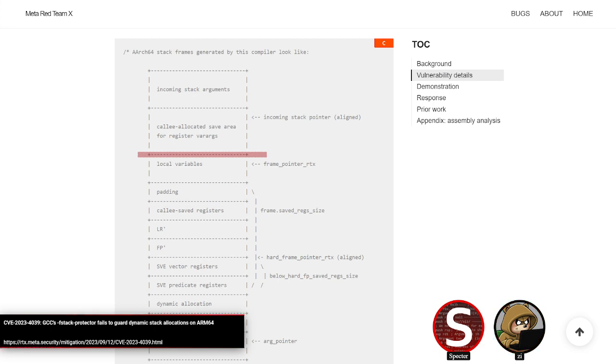And in fairness to GCC, this way of laying the dynamic allocation so far away from local variables is kind of weird, and I can understand why they would want to make the assumption that the stack cookie should always be placed right before or at the top of local variables, because there are so many different architectures, right? And most of them would follow that pattern, so that seems like a good catch-all. But in this specific case, that wasn't the case. So yeah, it's a fun bug.